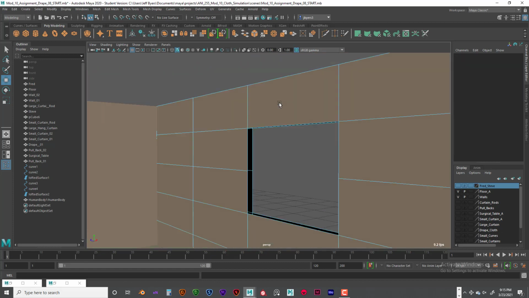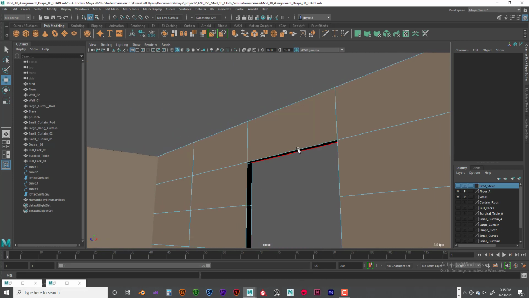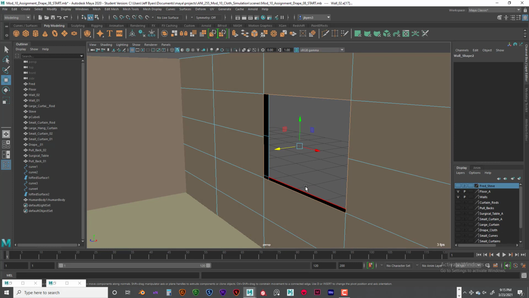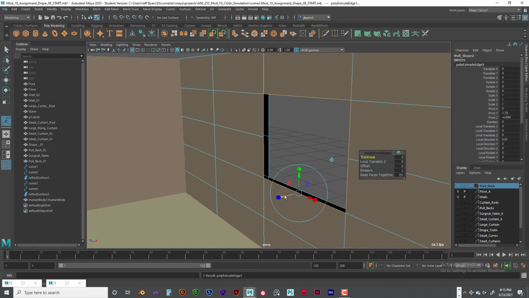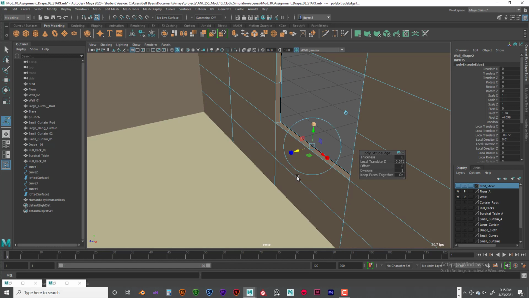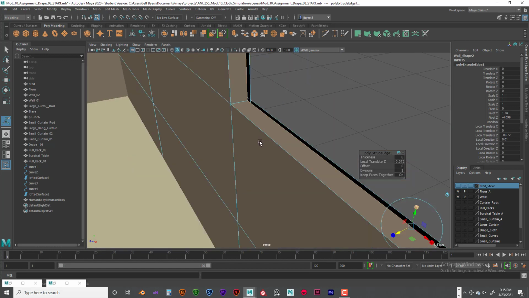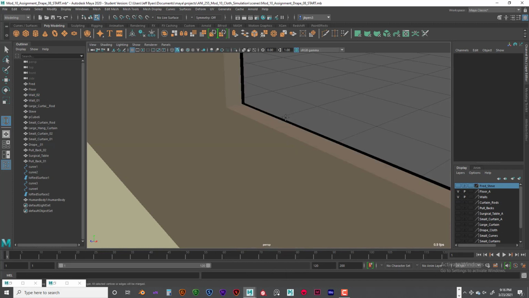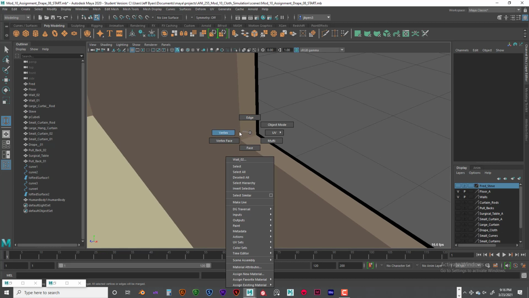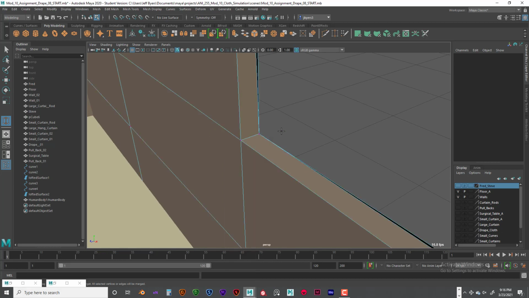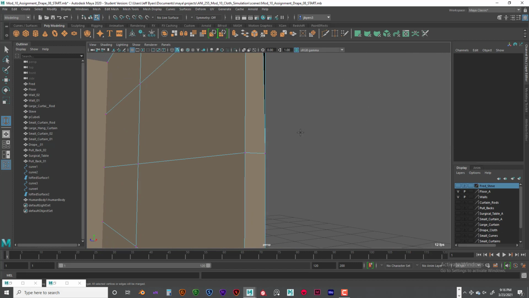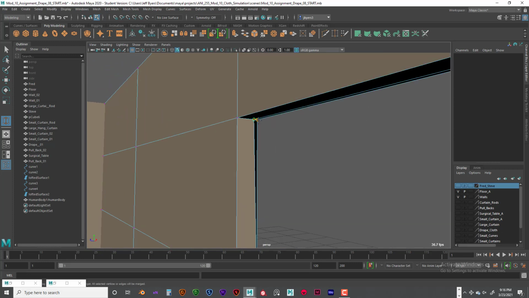And all I did was I went in here, right clicked and went to edge, and double clicked on the edge, and did a Control E, and moved that in like that. And then all I did was right clicked over, go to selection, hold down the shift key, right mouse button, go to target weld, and I went into vertex and just kind of target welded those in like that. Okay, just like that, just so simple,